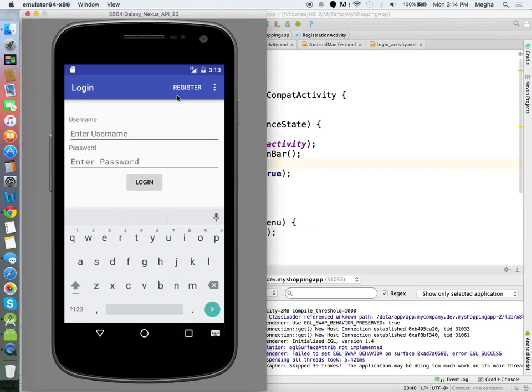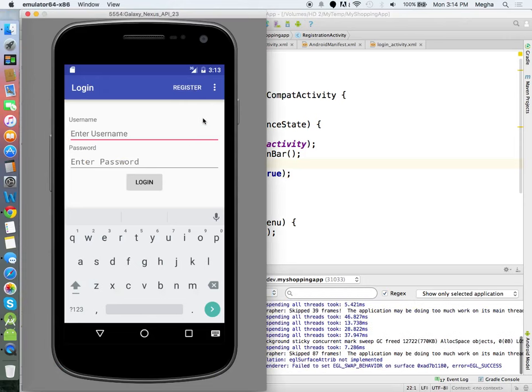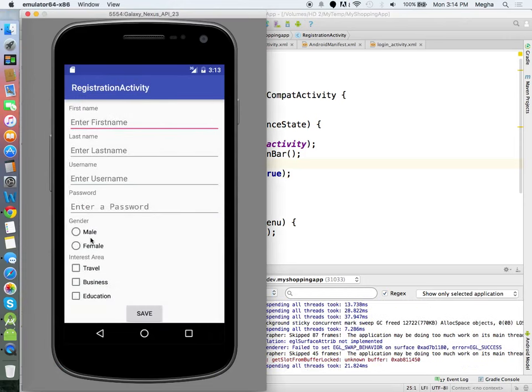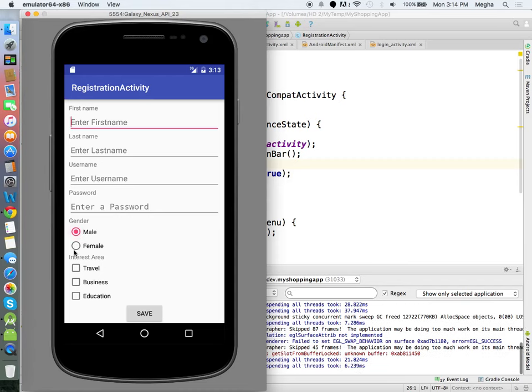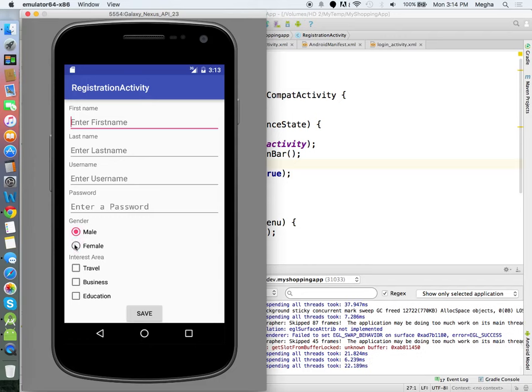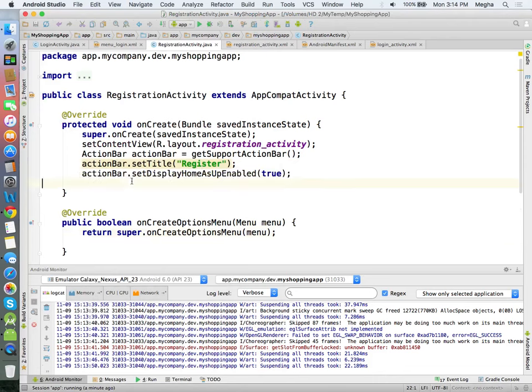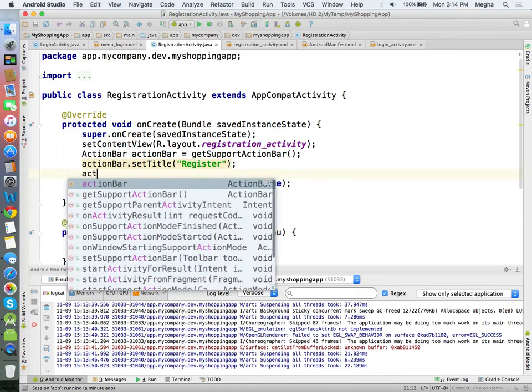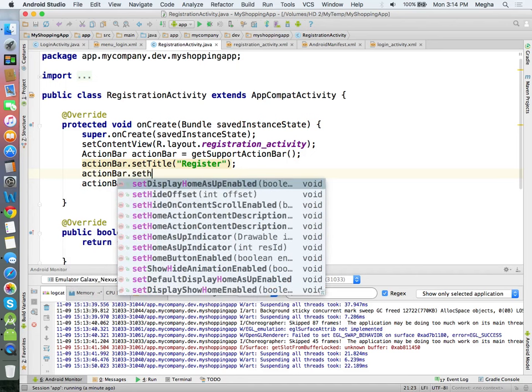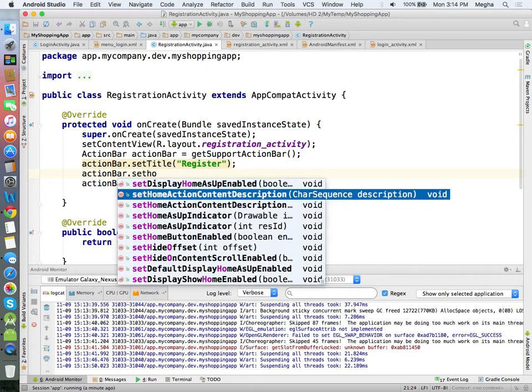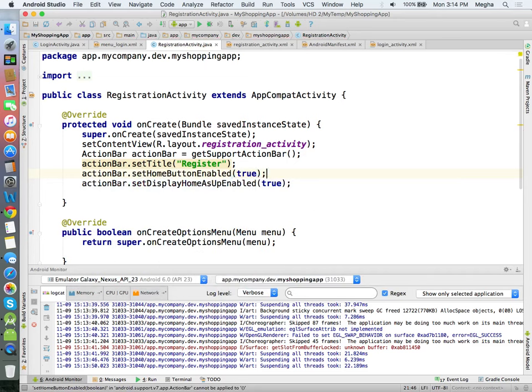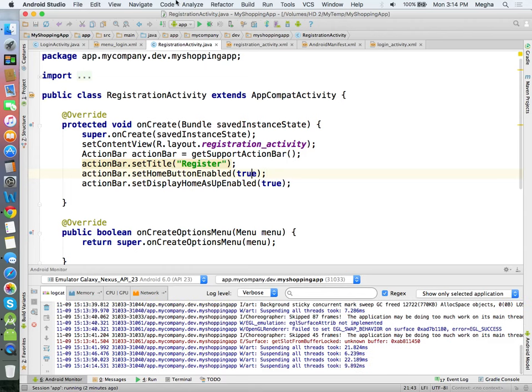Before that, we'll verify whether our radio button is grouped or not. Now if you see, the radio button is grouped, it is shifting between one choice. It is always maintaining one single choice because it is wrapped inside a radio group. Now, I'm not pretty clear about these two, set home button enabled. Okay, I'm not pretty sure about these two buttons, which one, but I'll run the code. Let's see which was required.